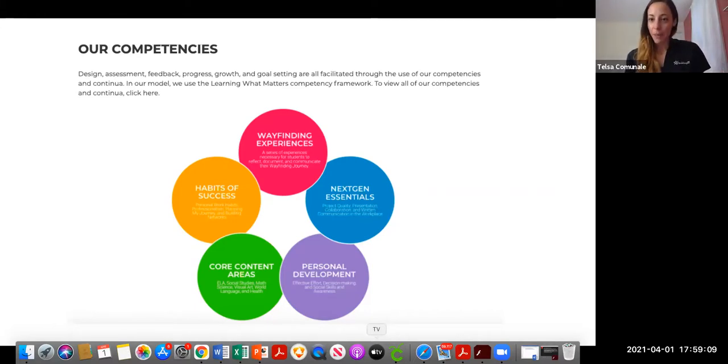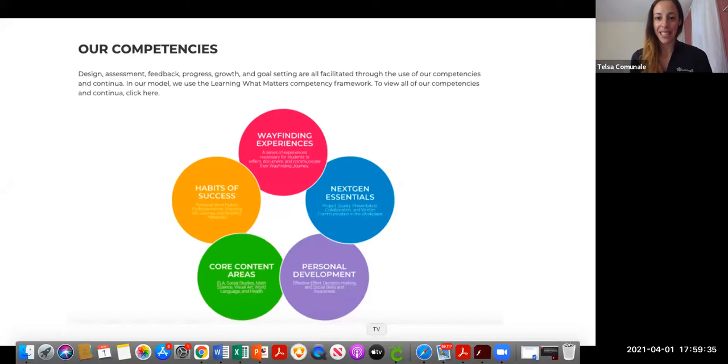Let's just put it that way, because when kids get to us and we say, that's not how you resolve conflict, they're like, wait, what? I get a grade for resolving conflict in my group? And absolutely you do, because this is a skill that we believe will make you successful for post-secondary. So that's why you see Next Gen Essentials being just as important and valuable to us as the core content areas.